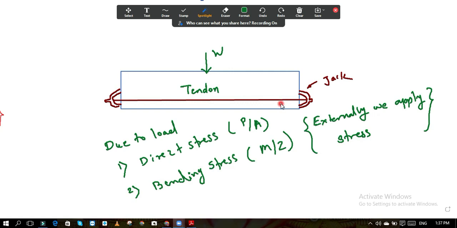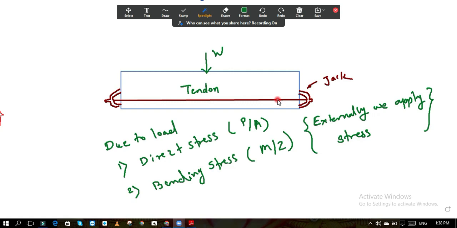But for the concept, for your understanding, what I am telling you is that it is like a normal beam only, which is made up of concrete and steel. But just one change is there. That is, we apply the external stress on these tendons. And that external stress is called pre-stress. Now, why do we apply this external stress? This external stress helps us to counteract the stresses which are developed due to the loads, that is, due to dead load and live load.